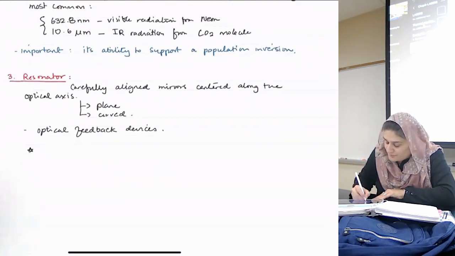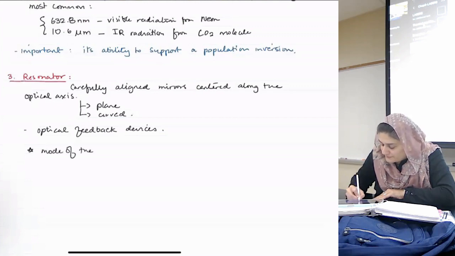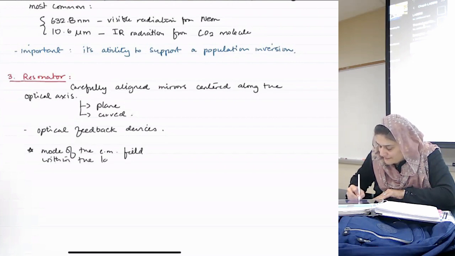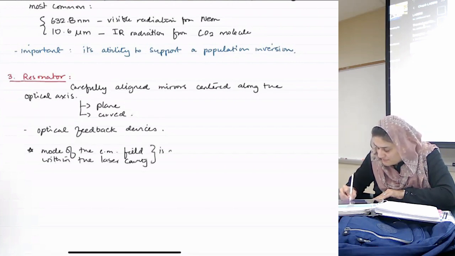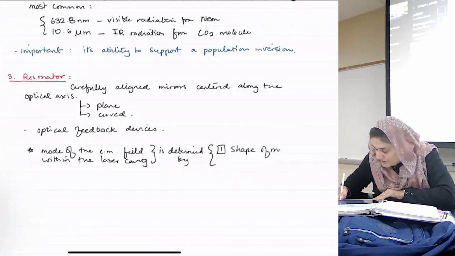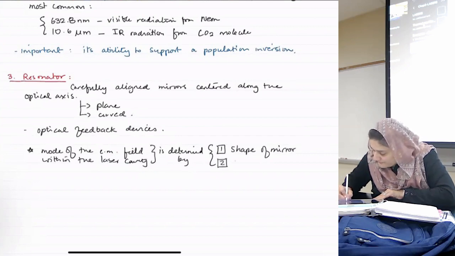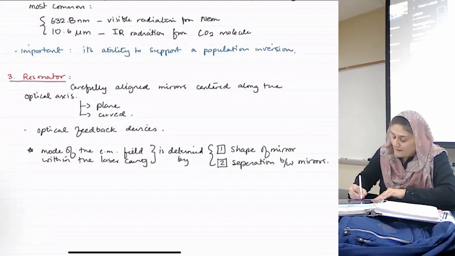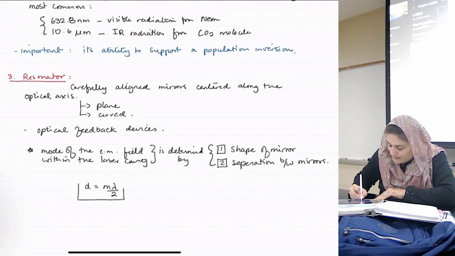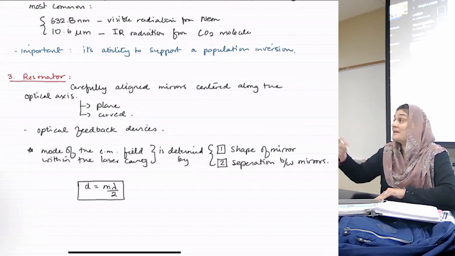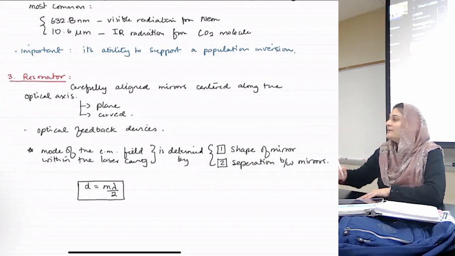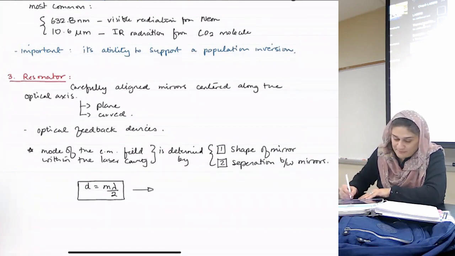That the mode of the electromagnetic field within the laser cavity is determined by, number one, the shape of the mirror, and number two, the separation between mirrors, okay? And D equals m lambda over 2, and the frequency, and hence the wavelength, and hence the color of the laser will be given by